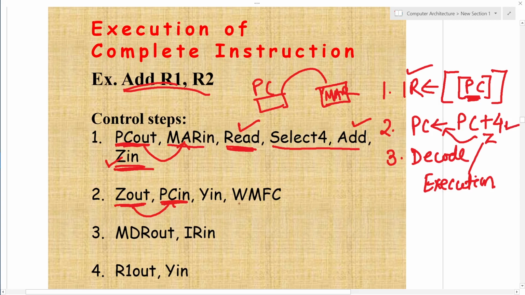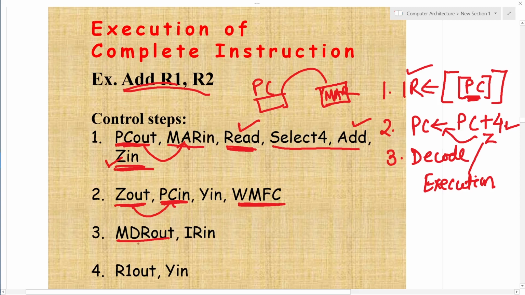Then we use wait for memory function to complete, because we are performing the MAR operation, and the content will be available to MDR. The starting address of the instruction selected through the content of the PC is presently in MAR, and that content is to be delivered to MDR out, so I have to wait, using the wait for memory function.